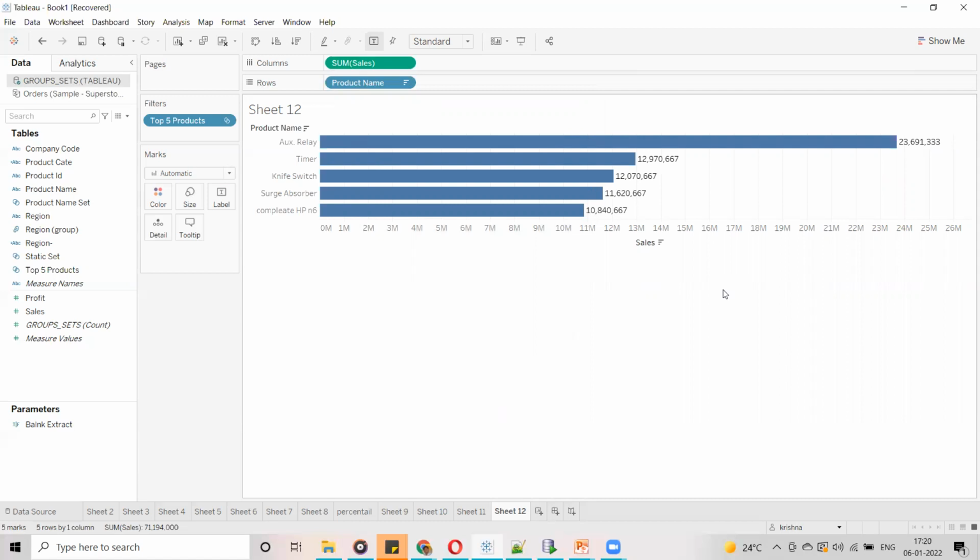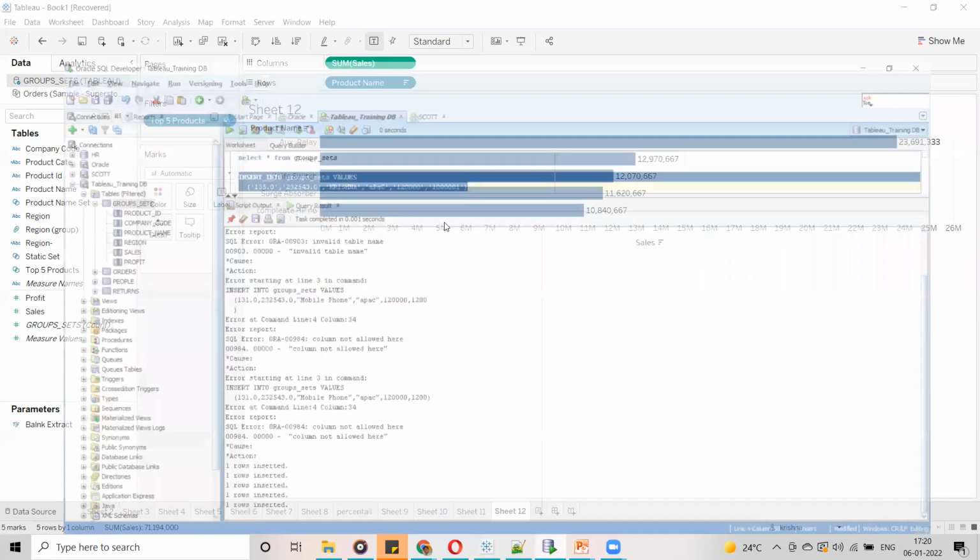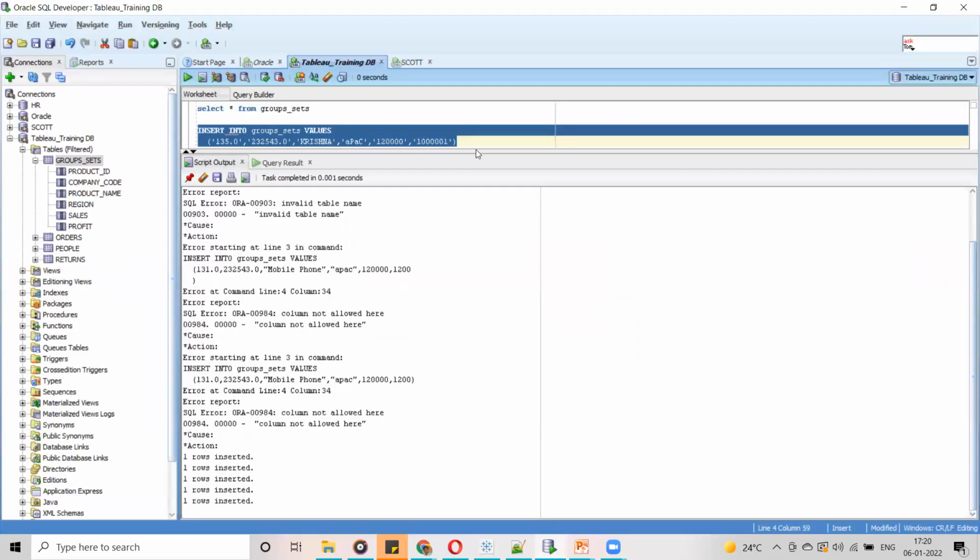Okay. Now what I'm going to do is, in the database, I'm going to insert one more row, which has sales of around 1 crore 94 lakhs. So now I'm going to the database here, and here just